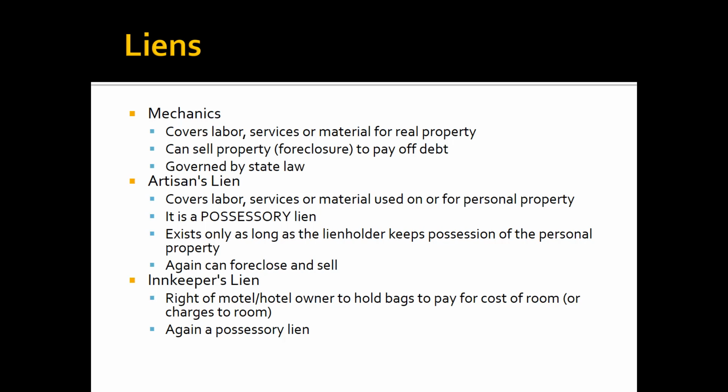Now, very often, this really comes more into play when people sell their houses. Let's suppose you didn't pay off someone that did work in your house, and it's a relatively small amount of money, such that we wouldn't go through a foreclosure for it, or it would be unlikely we'd go for a foreclosure. When you go to sell that house, in order to convey clean title, you're going to have to pay off that lien. Otherwise, very often banks and others won't let you go through the closing.